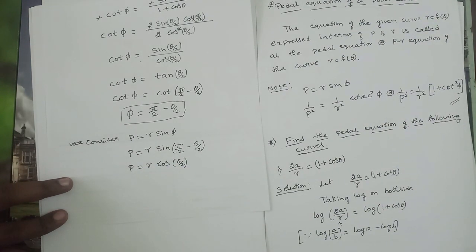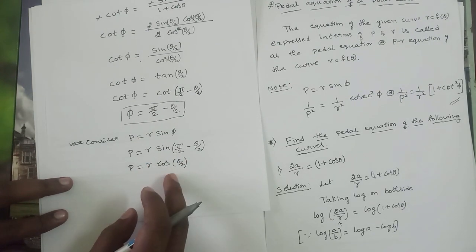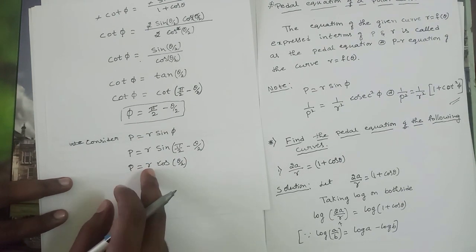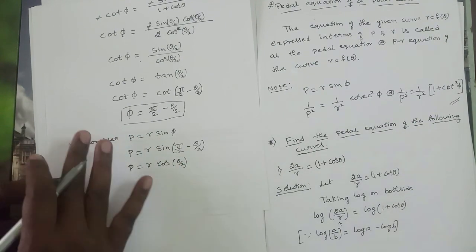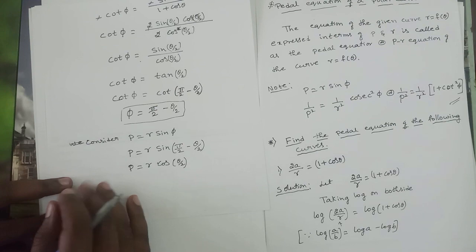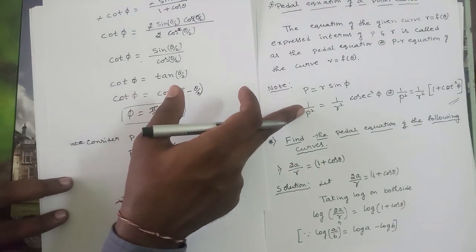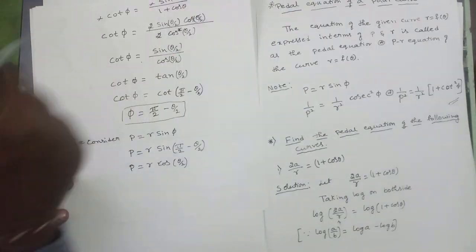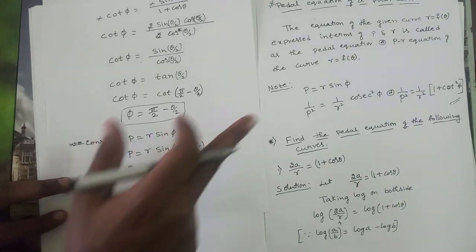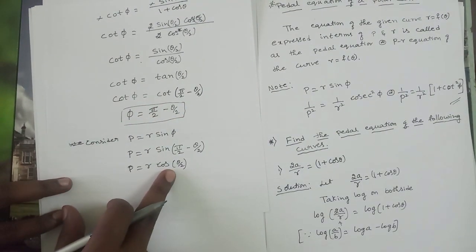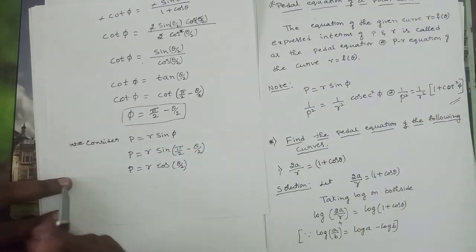Cos theta by 2. Now here you have to eliminate the theta, only in terms of p and r. Constants can remain, whatever they are, no problem. A, B, C, D are all constants, right? No problem in that. But you have to eliminate the theta, so you have to use this formula, either this one or this one. Otherwise, you can also eliminate theta without using this one. So what I'll do here, I will consider this equation.